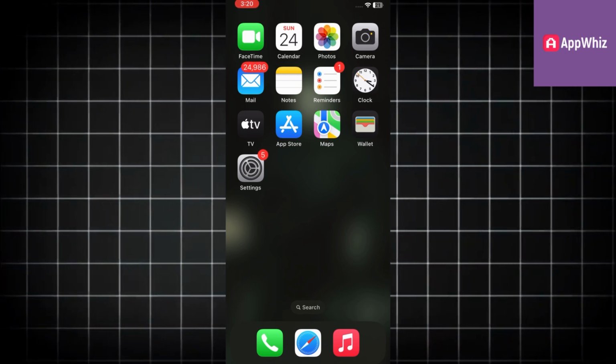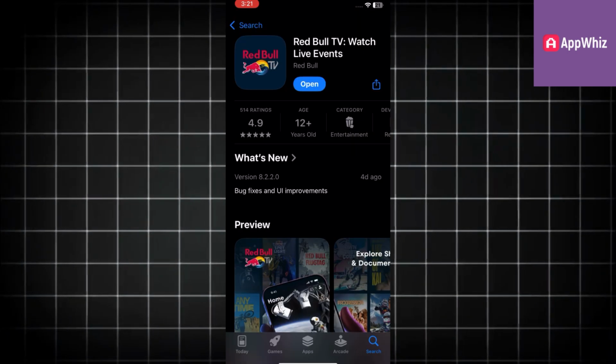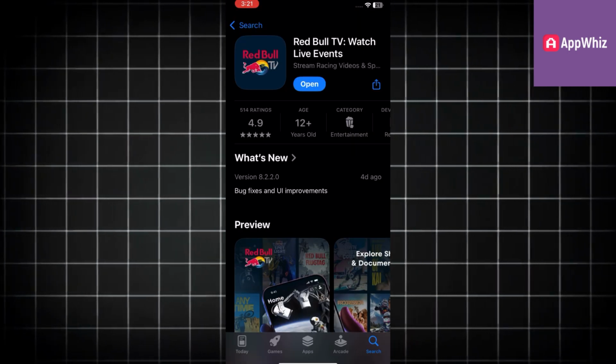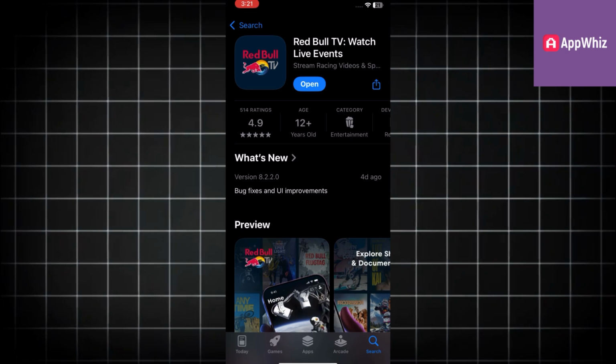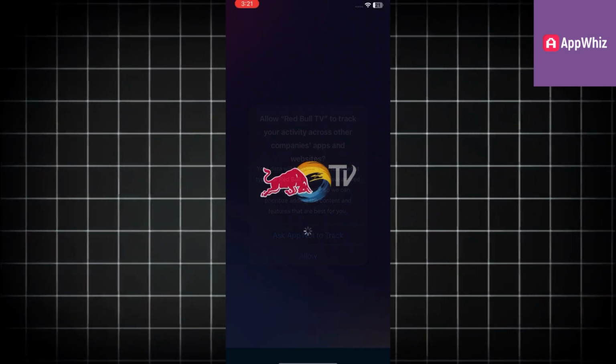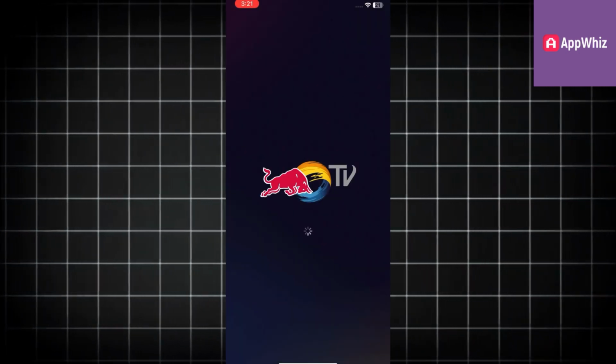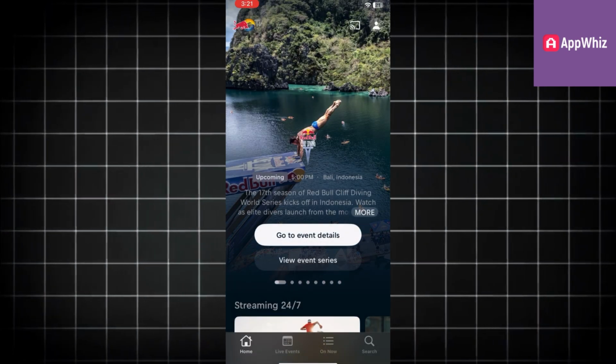First, open the App Store on your device. In the search bar, type Red Bull TV and download the official app. Once the app is installed, open it and sign in using your Google account or any other sign-in method you prefer. After logging in, you'll be taken to the home screen where you can browse a wide variety of sports